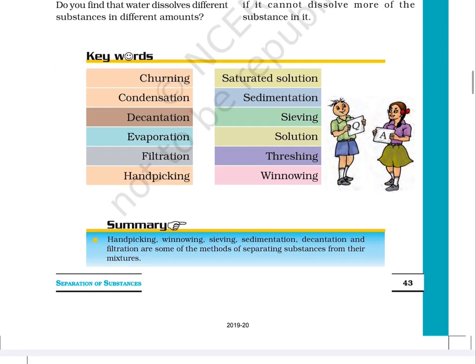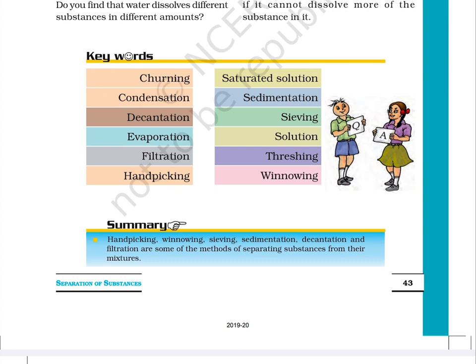Keywords: churning, condensation, decantation, evaporation, filtration, hand-picking, saturated solution, sedimentation, sieving, solution, thrashing, winnowing. Summary: